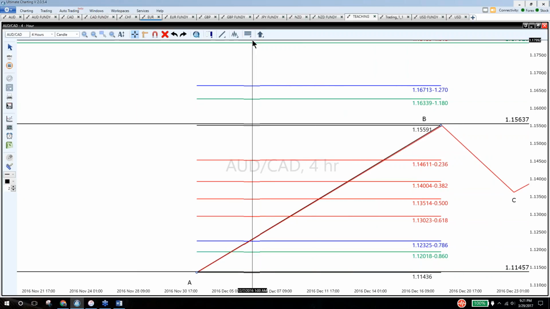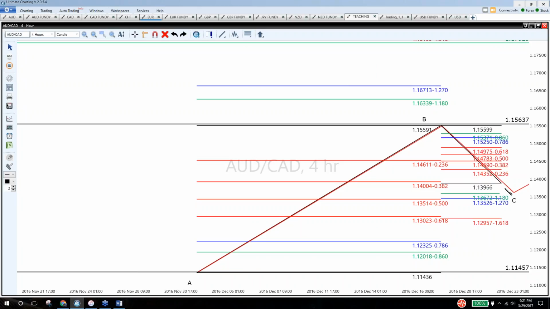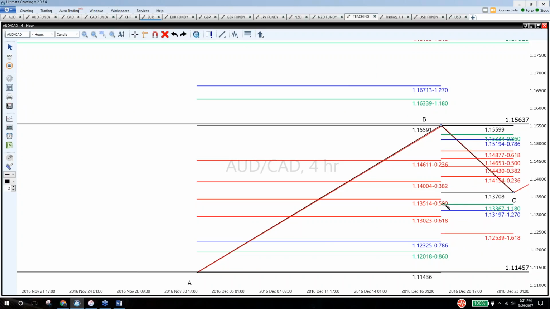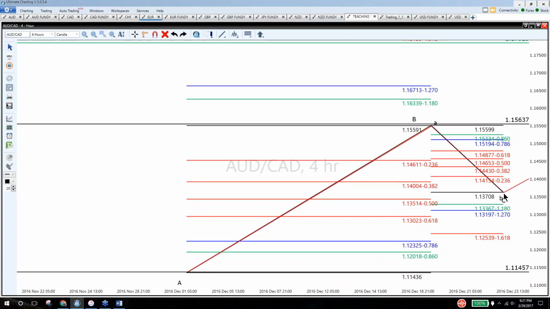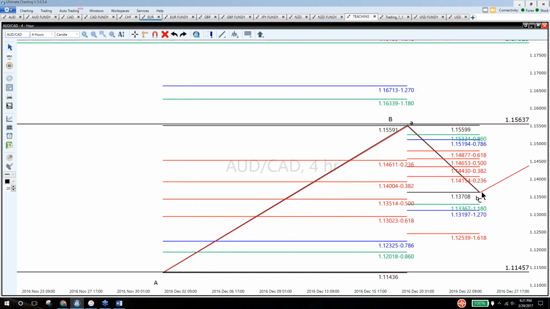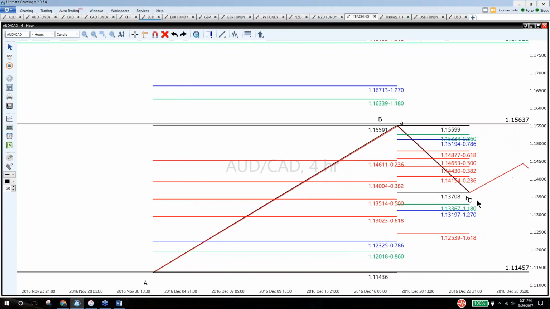This will be my first sub-AB boundary. Let's label this sub-A, sub-B. And so what I'm going to be looking for is, for this market, I'm going to expect that this market's going to pull back to give me some sort of sub-C, and when the sub-C is given,